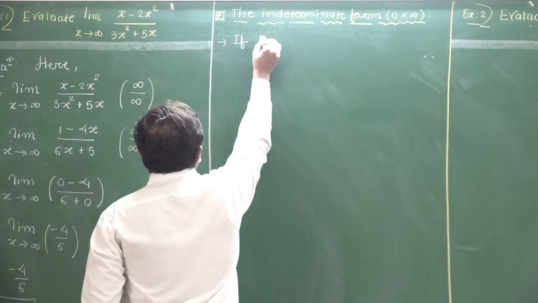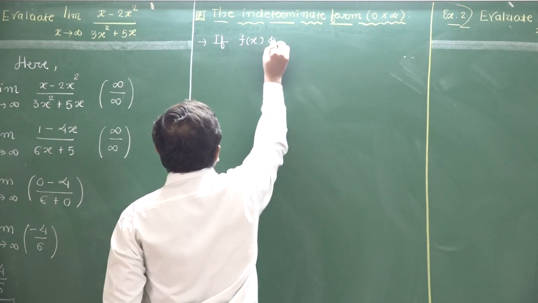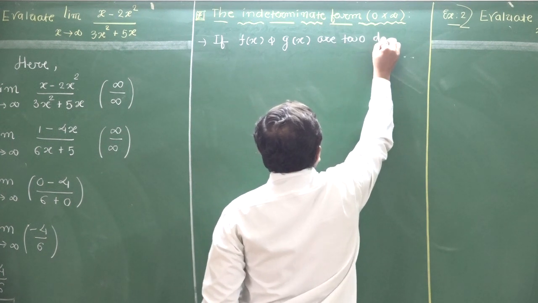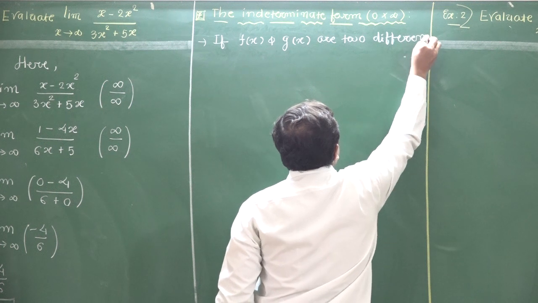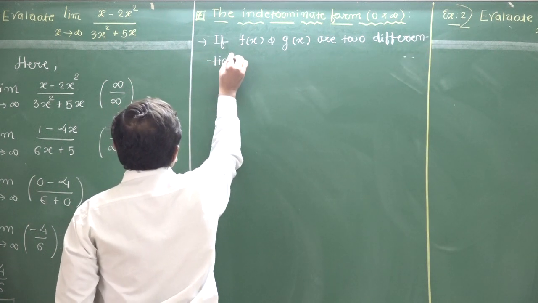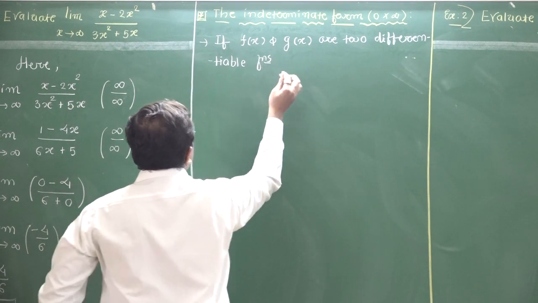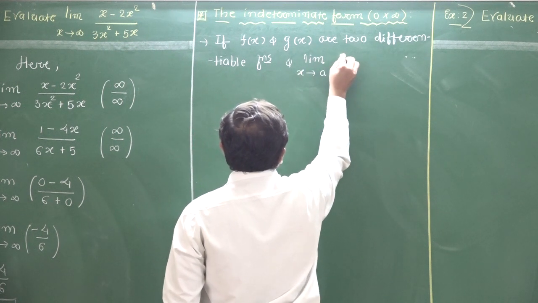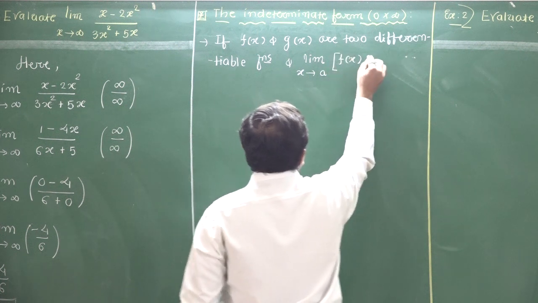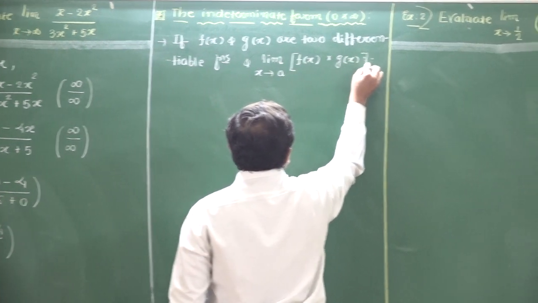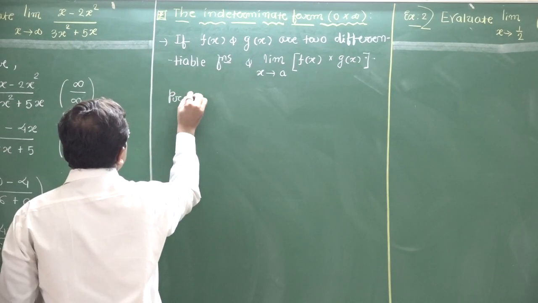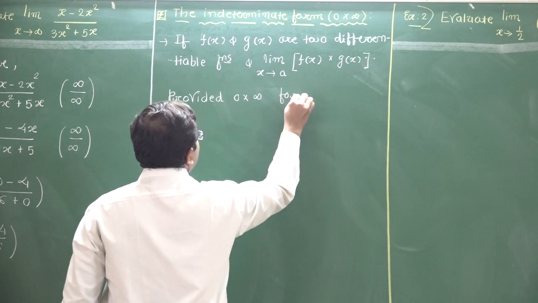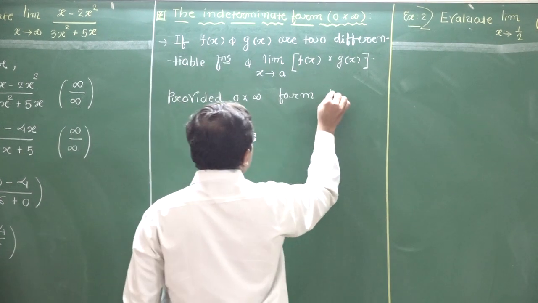If f of x and g of x are two differentiable functions, and limit x tends to a, f of x cross g of x is provided as 0 cross infinite form, then